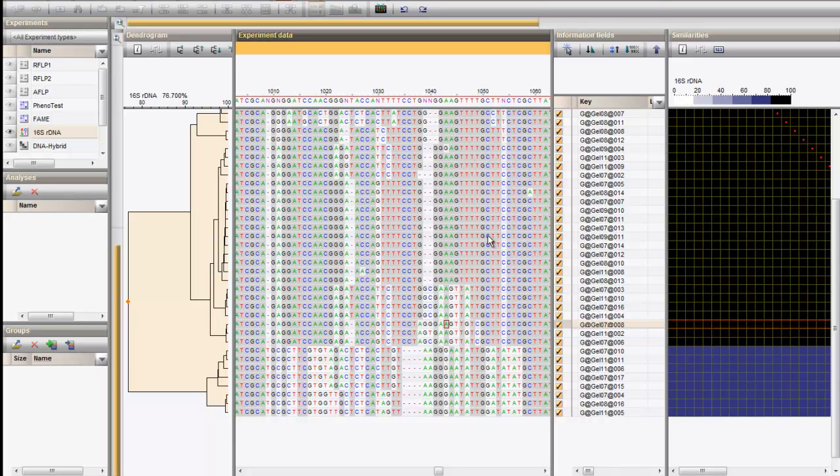I select the region on the sequence that I want to correct. And I drag it until I reach the position that provides the best alignment.